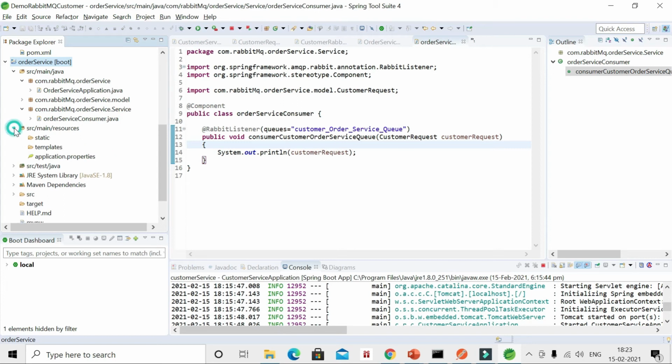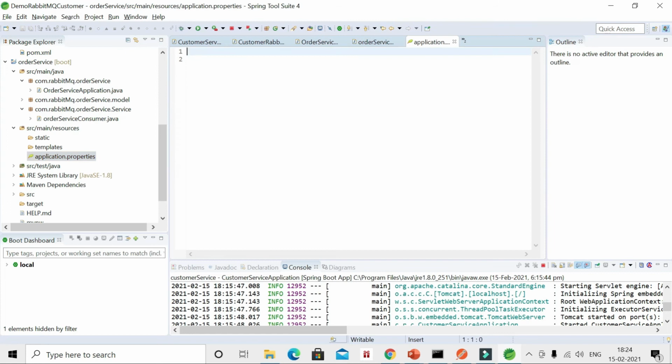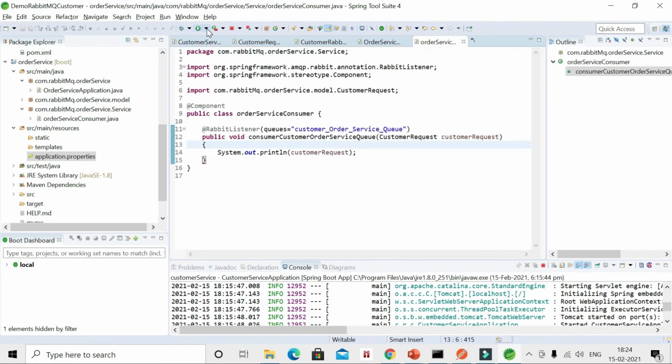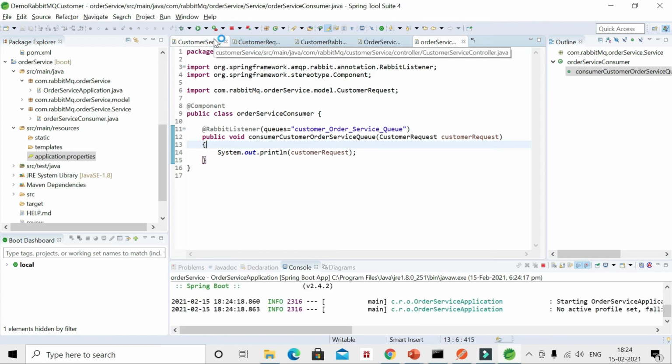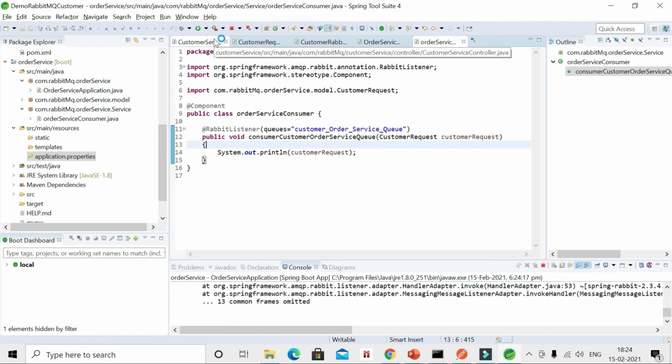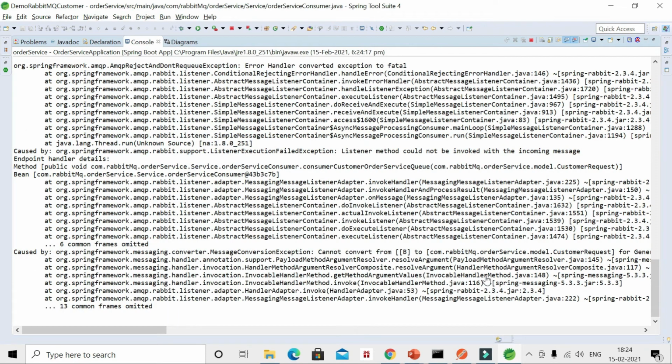Go to resources, application, server.port, 9091 I will give. Save. Order service.